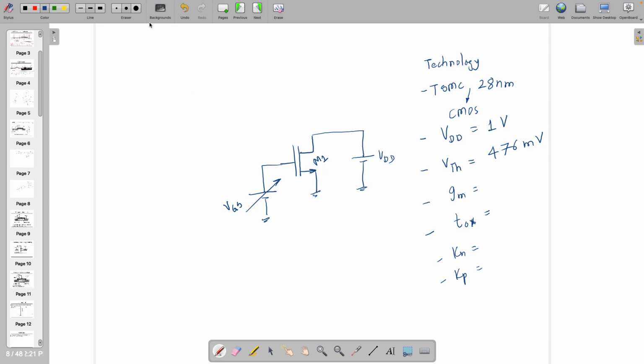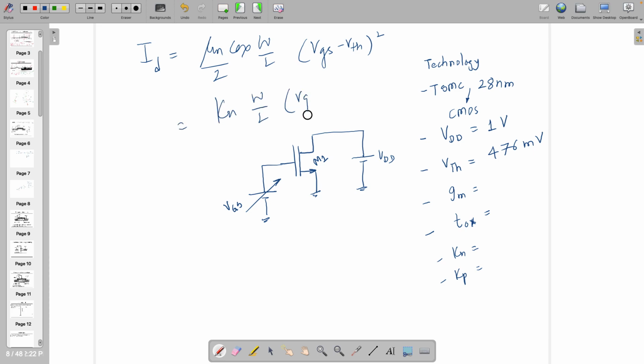Okay. Let's go this way. Do you know the IV equation? What is the IV equation for NMOS? ID is equal to, yes sir, mu n Cox W by L, so that combined, times VGS minus VTH, squared. So that is the combined term. Okay, so this is right. Sometimes high K devices. If you go to your device class, then they will talk about high K devices. Right. So anyway, the most important part over here is